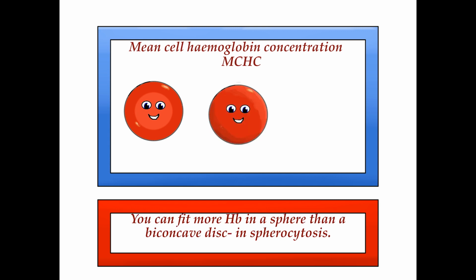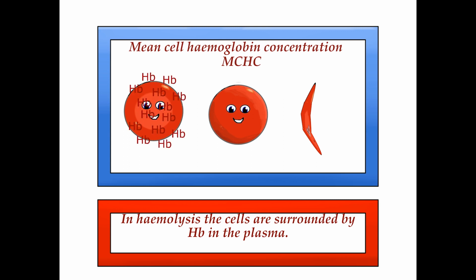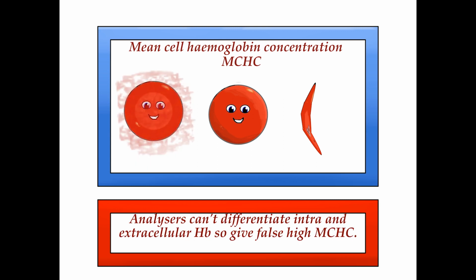So spherocytes, which are one of the precursors to hemolysis, give a raised MCHC due to the loss of the disc shape and the cell being all fat. Sickle cells do the same thing for slightly different reasons. Lastly, if a lot of cells have burst, then there's haemoglobin floating free in the plasma, which the machine still measures because it doesn't know what's cell and what's not, giving a false high MCHC,